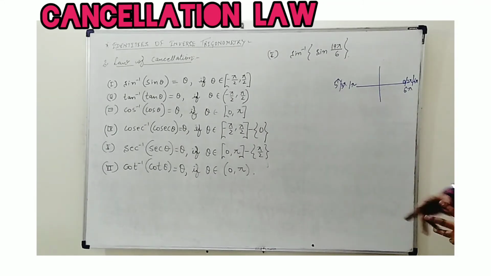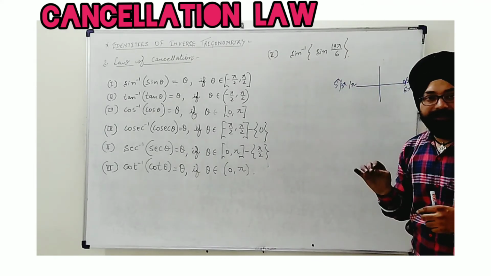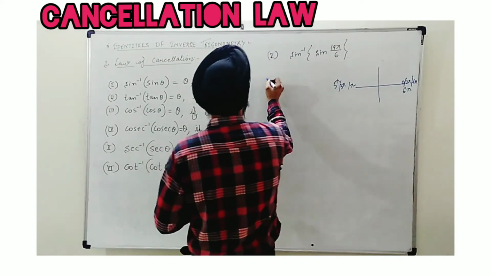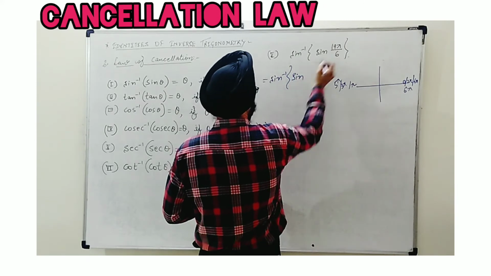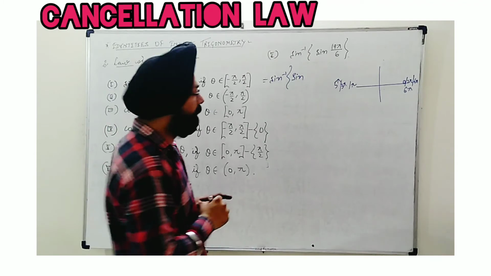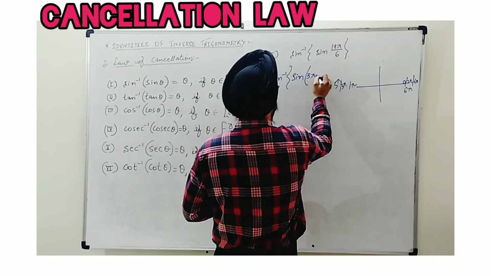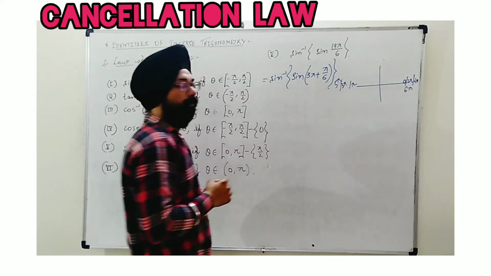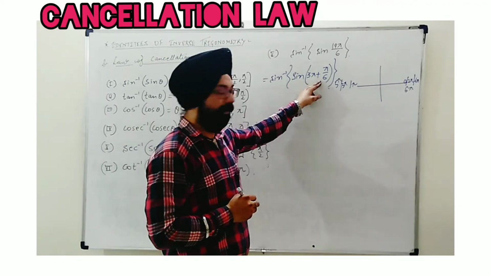So how to do that? Say it's sine inverse sine 19 pi by 6. Simply divide 19 by 6 and write in mixed number form. Dividing 19 by 6, I see 6 3s are 18 and 1 is 19. So this can be written as 3 pi plus pi by 6. Now this you can check by LCM.